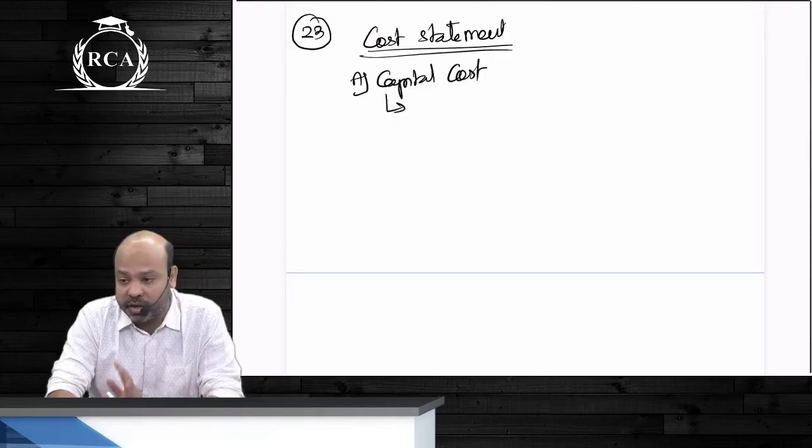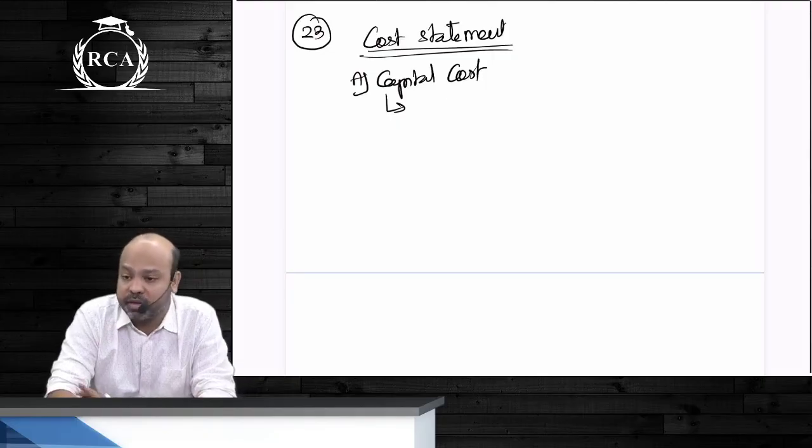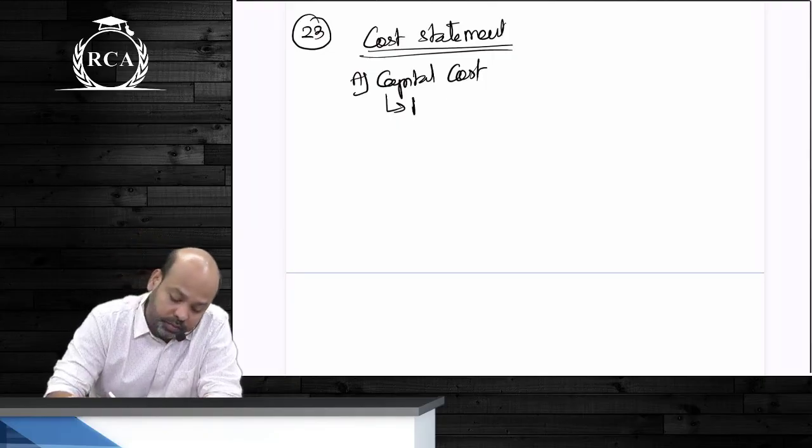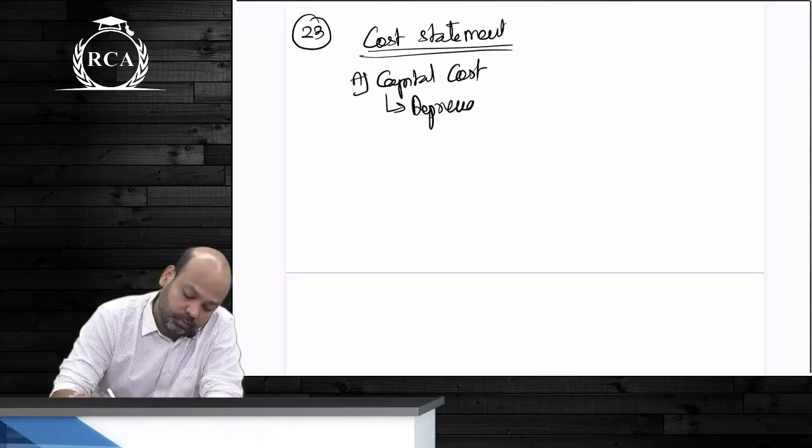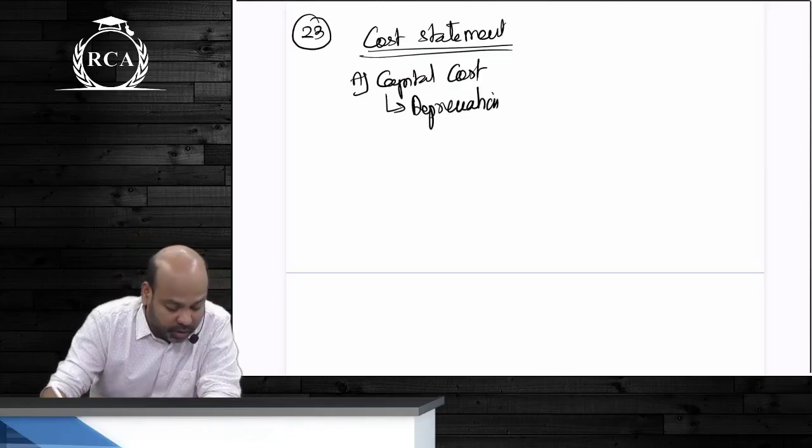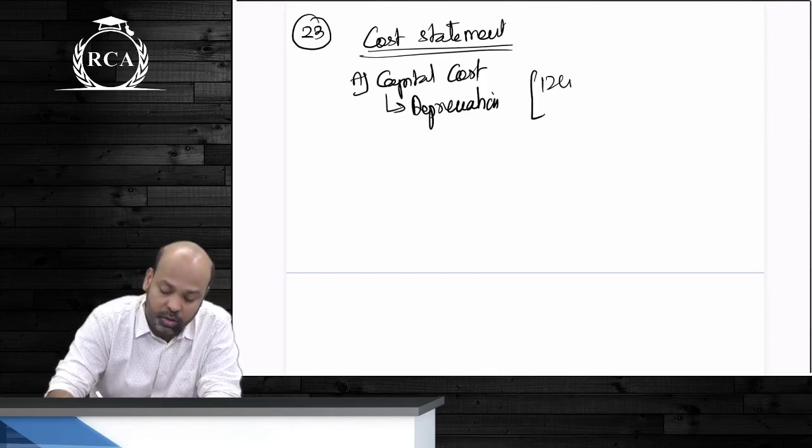Do not write any side heading. Simply keep writing all the expenses. Even that is fine. Depreciation, guys, and amortization, how much, beta, for the entire year? That is 12 crores, isn't it? 12 crores divided by 12 months, beta, you will take 1 crore rupees.